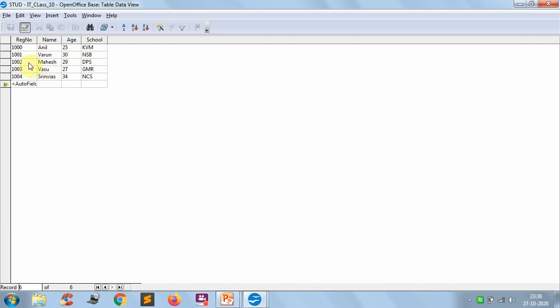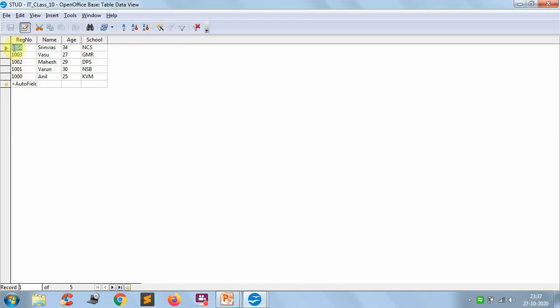Here if you want to perform different data analysis operations, you can still do it here. For suppose if you go through this one, there are 3 options. These 3 options are used for sorting the data in the table. If you click on sort ascending, based on the primary key column it will keep the table data in ascending order. And if you click on this one, based on the primary key column, the table data has been kept in descending order.